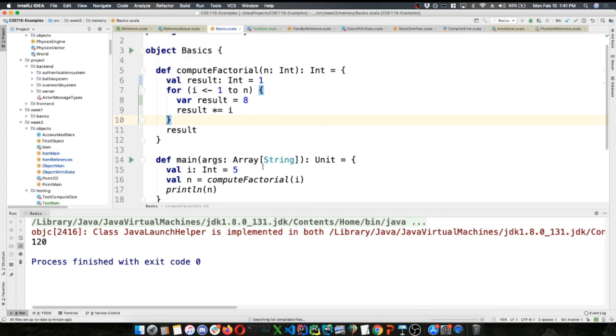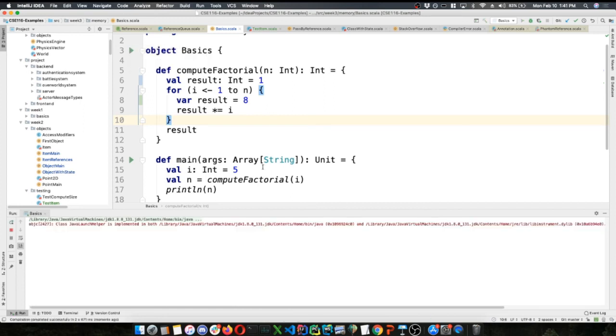But now when we get to result star equals i, since there's a variable named result that was declared inside of that block, the program never looks outside of that block for a variable named result. There's no naming conflict. I have two completely separate variables because they're in two separate blocks, which I couldn't do otherwise. For example, I can't do this.